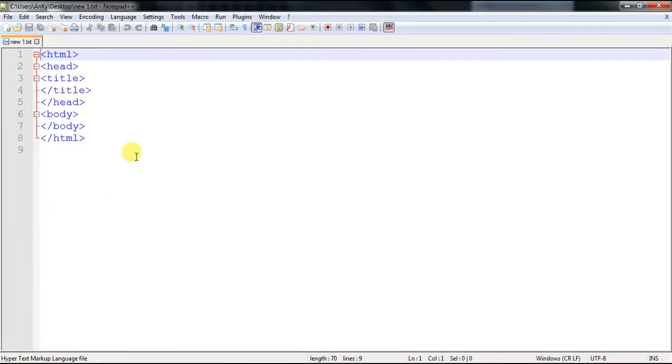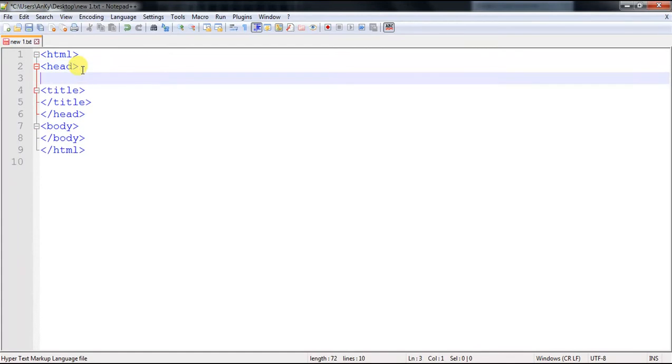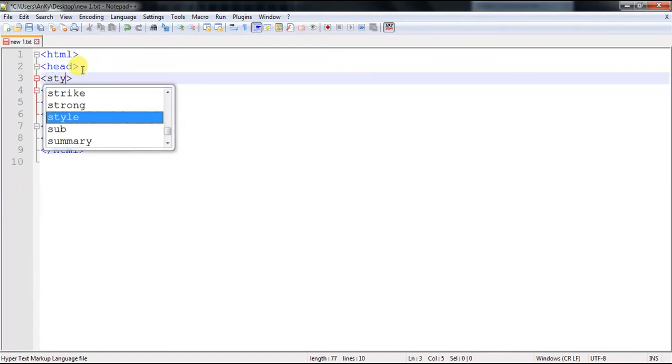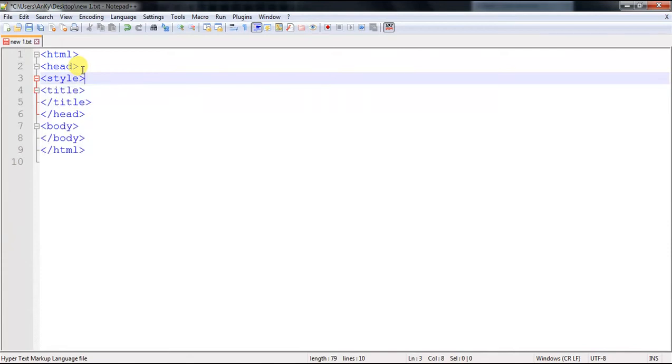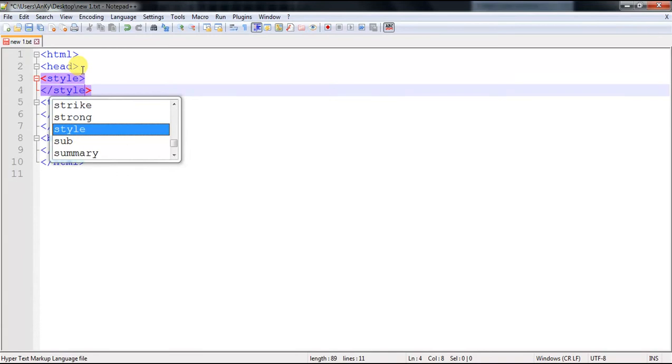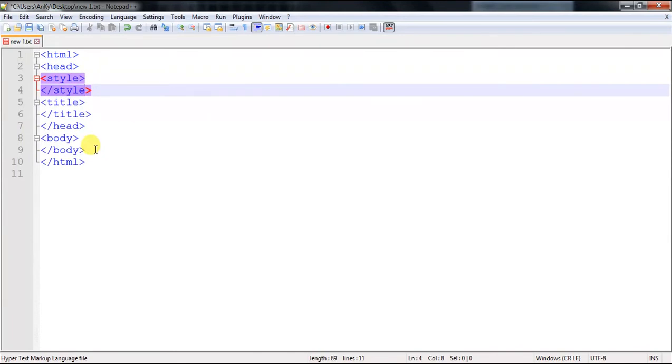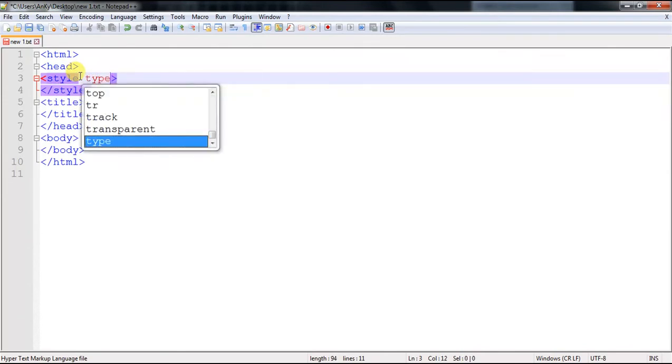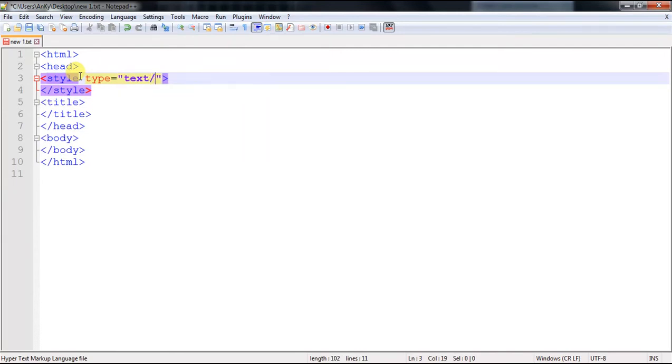In this tutorial, I am using Notepad++ as an editor. So a style tag is used to set the style rule, which is placed within the head tag. And also the style tag is the paired tag. A style tag has a type attribute whose value is always text/CSS